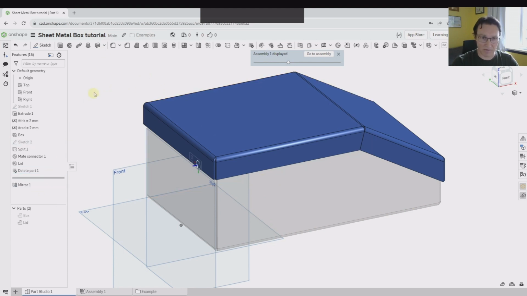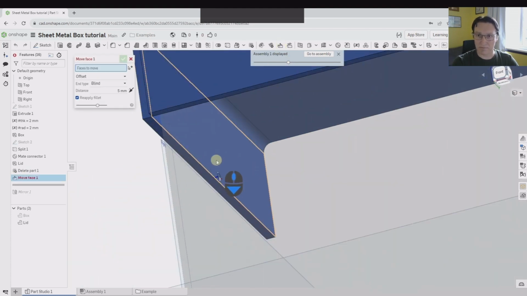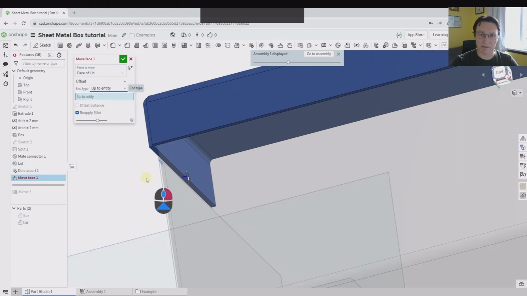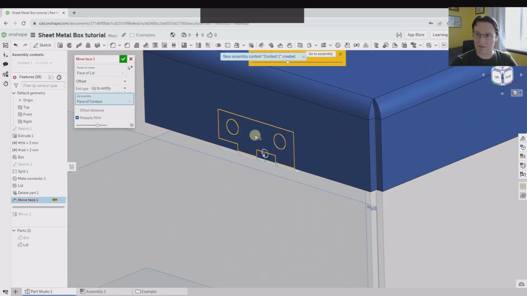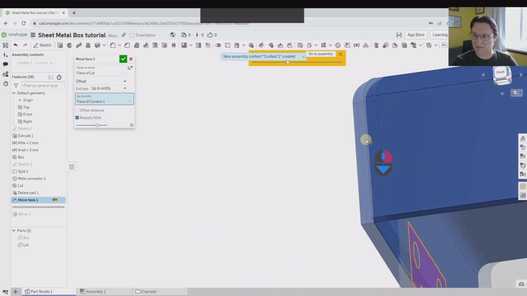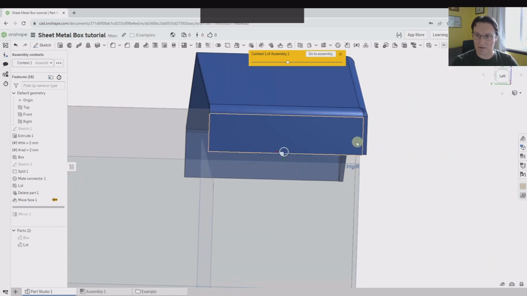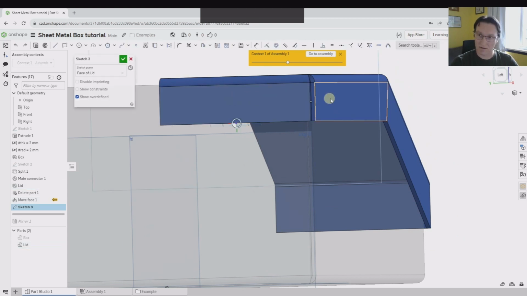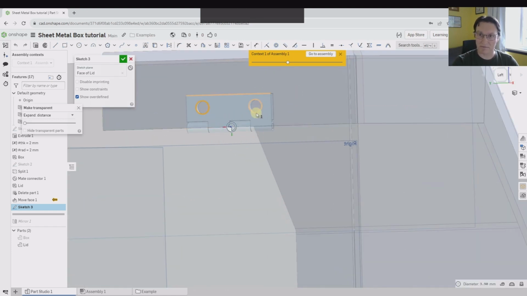All I need to do really, I'm going to go back before the mirror and use a move face to move this face of the flange. I will go up to entity and then pick that face of the hinge, and you can see it's moving that flange away. And now it needs some mounting holes for that hinge, so I'm going to create a sketch on here, make the lid transparent using Shift T just to make it easier. Pick these two edges, use,